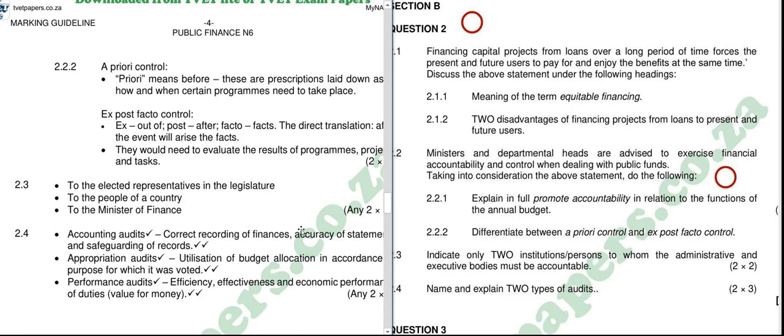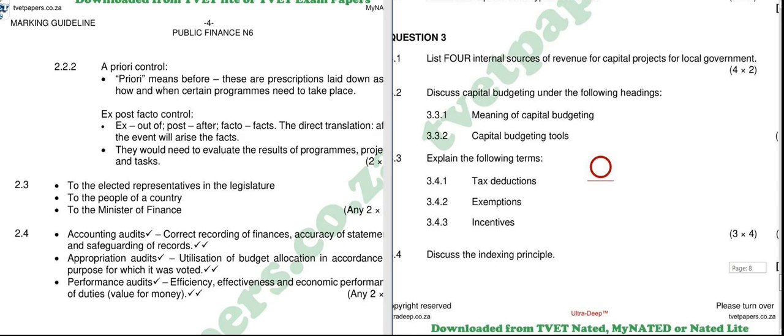And of course, on 2.4, name and explain two types of audits. So we have got accounting audits, appropriation audits, performance audits. So that is what we have on that part. And from there, question 3. So we have our question 3,